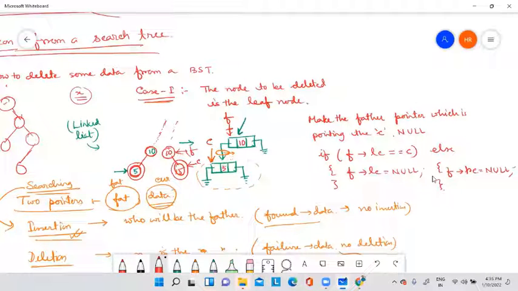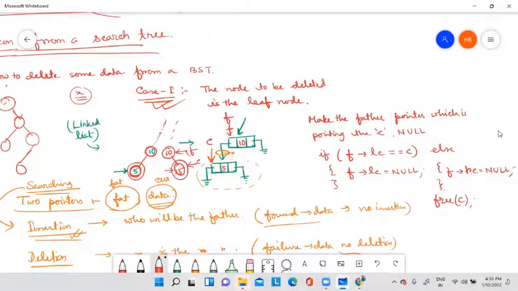So the node to be deleted is a leaf node. So in this case, father's right child is equal to C. Logic clear? So based on that, you have to make it null and then you have to free the C. So this is case number 1.